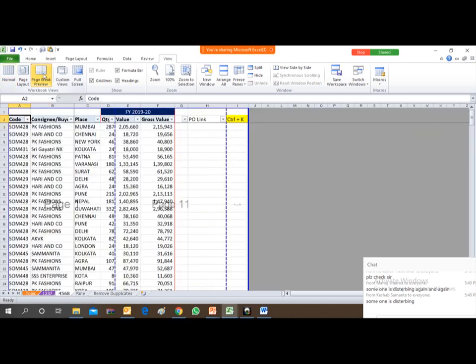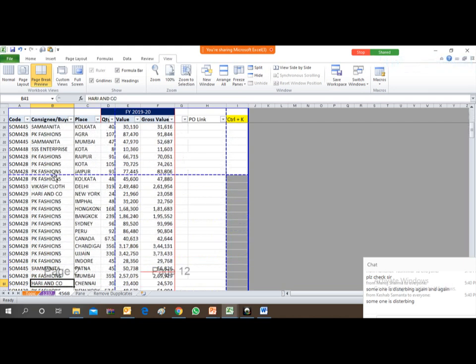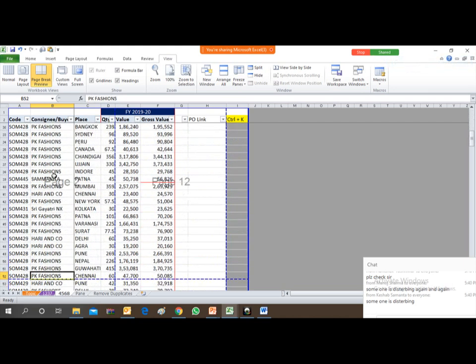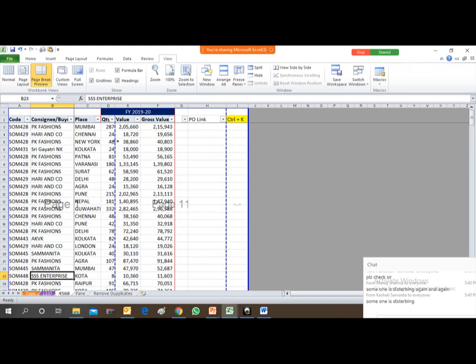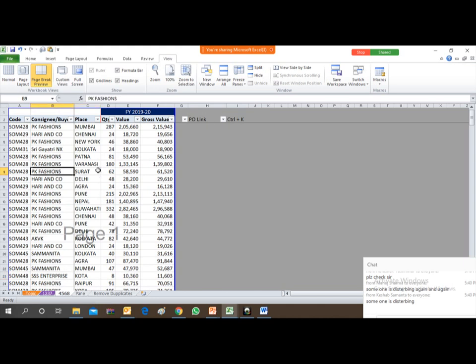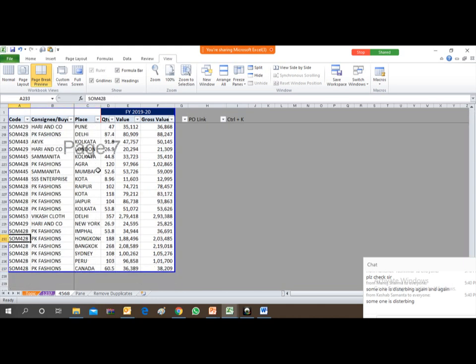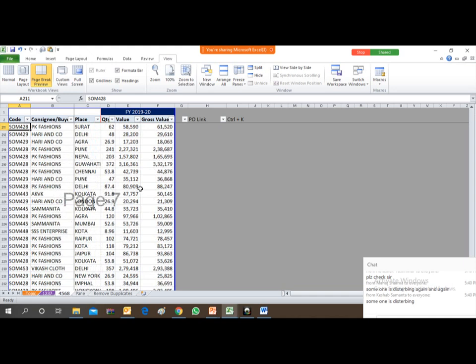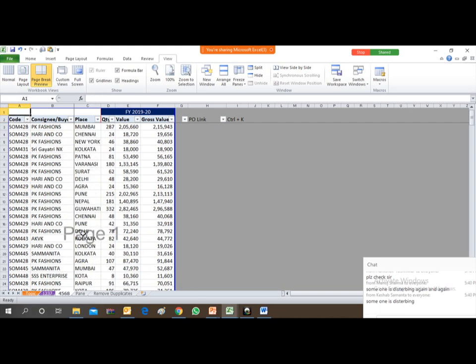If you press page break preview, you will be able to see page number 1, then page number 11. So now see that the print area is not coming properly. First you have to set your print area properly before putting any command of printing. So just use the drag option, whatever your selection area will be. I have just selected the particular area. Now there are 7 pages. You just see, like watermark is there, page 7. So there are 7 pages, and the header is only on one page.